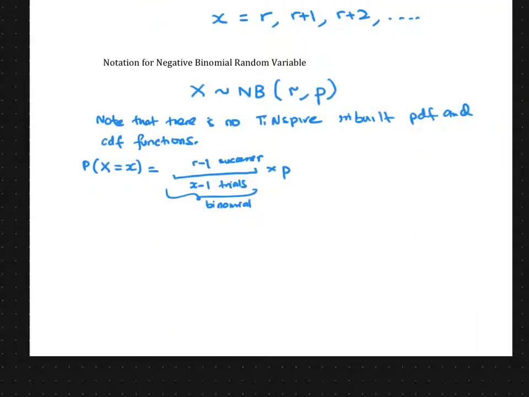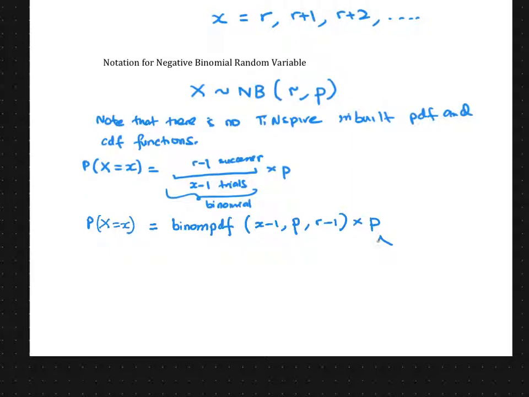So we improvise, and we have P(X = x) as a binomPDF, which is the standard binomial function on your TI-Nspire. We have n to be x minus 1, the probability of success p, and we want r minus 1 successes, times p,